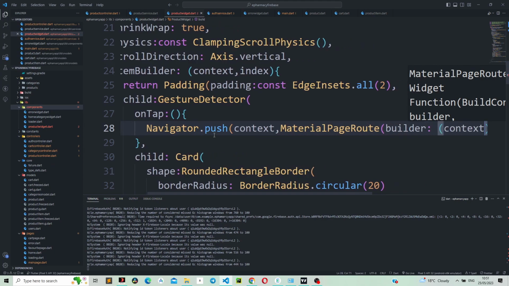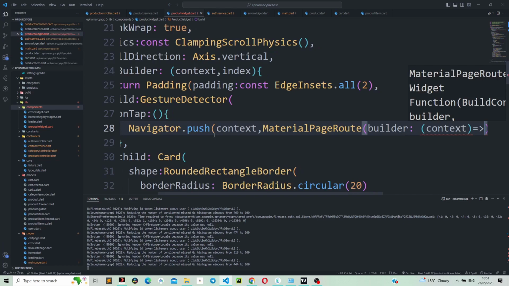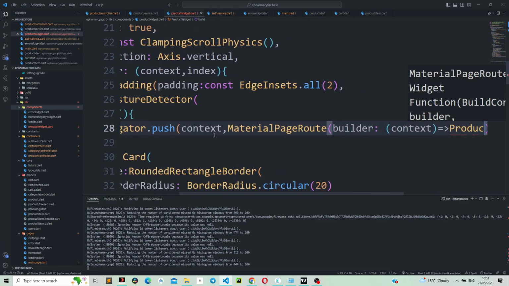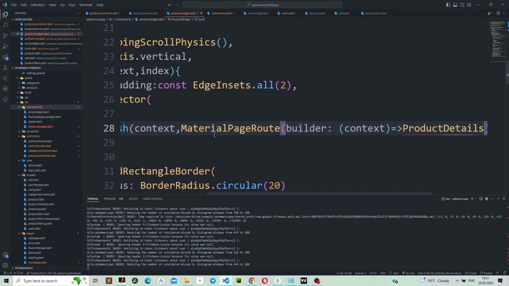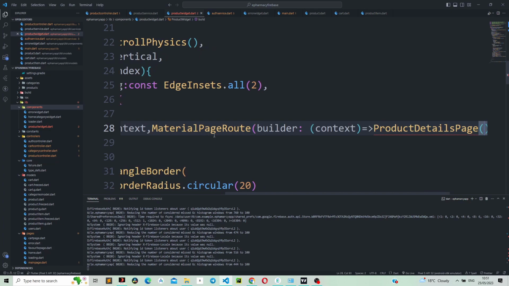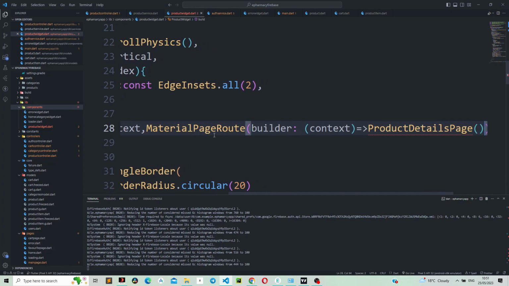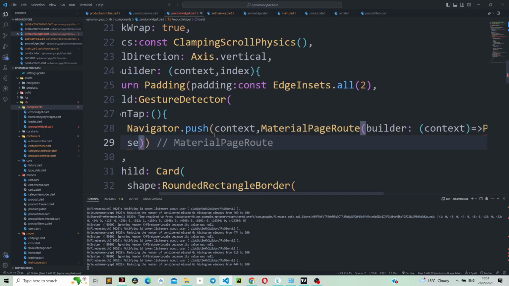If you don't know about navigation, I would encourage you to watch my video on navigation. This is going to take us to the product details page, right? And then we need to pass in another parameter, which is settings,